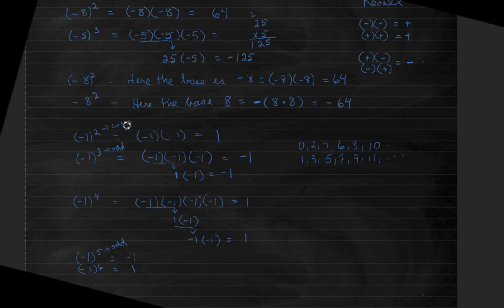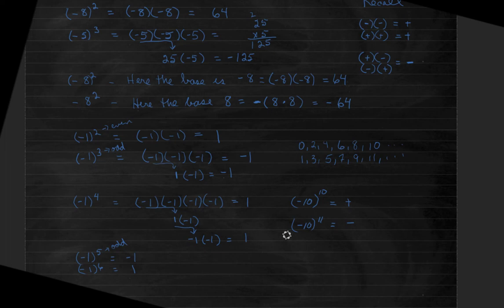So now this is a cute little trick that might help you remember the sign of the value of the power. In other words, when is the power positive and when is the power negative. So even if you don't know the value exactly, you would know what the sign would be. For instance, if I have a negative 10 raised to the 10th power, then even though I may not know the value of it, I know that this is going to be positive. Whereas a negative 10 raised to the 11th power would be negative, and so on.